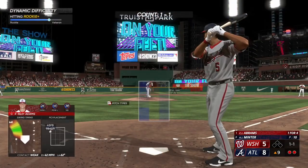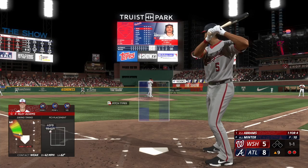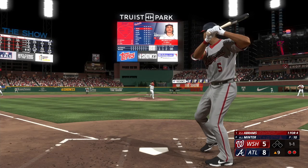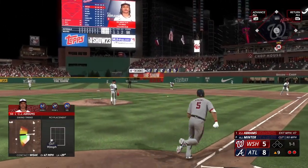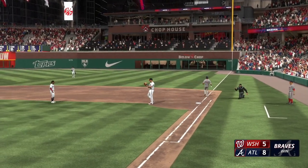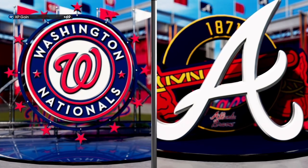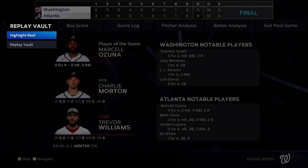So the Nats lineup turns over. C.J. Abrams digs in now as the Nationals are down to their final out. The lefty ready, and a 1-1. Hit weakly on the ground towards second. Now the throw to first on the run. On to first, ball game. And the Braves take the series opener here at home. And this one ends